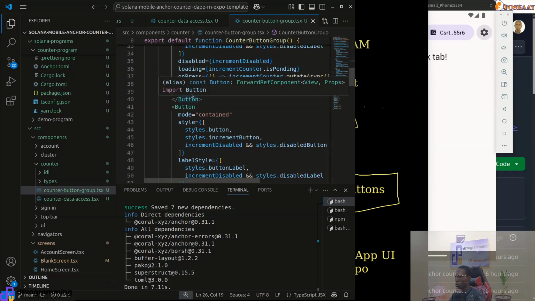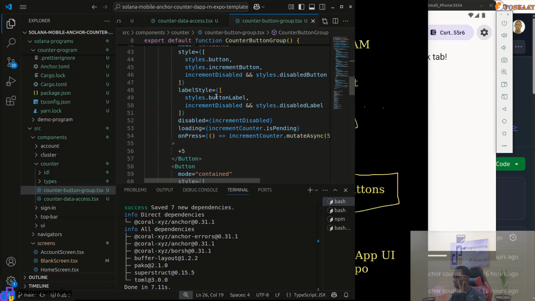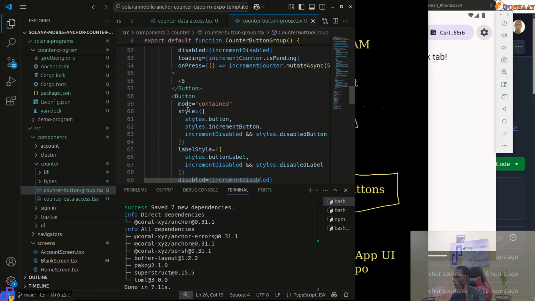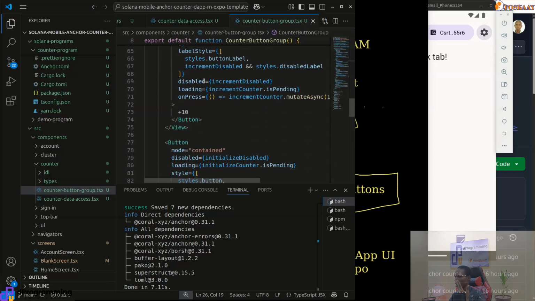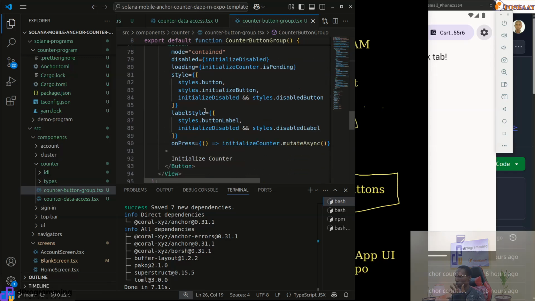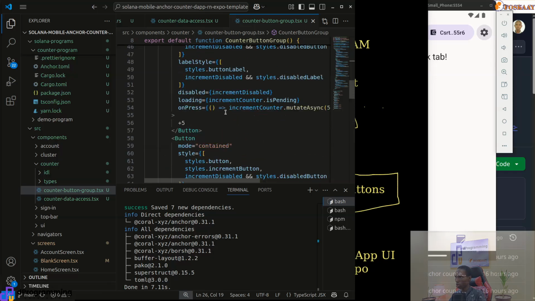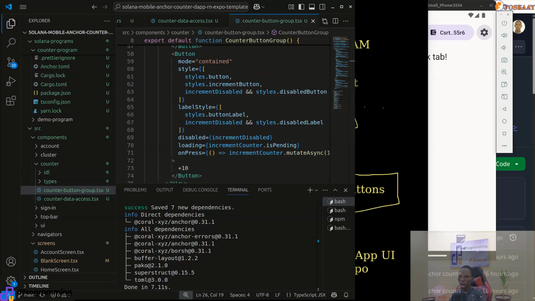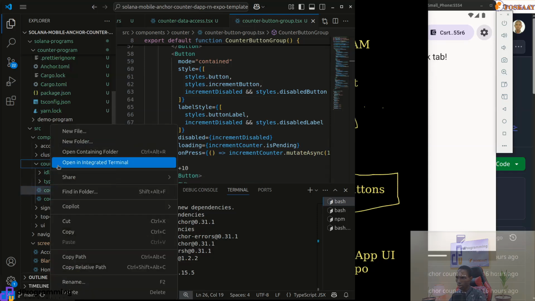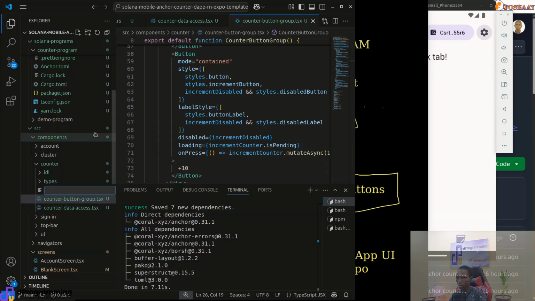Yeah, and we want to have 3 buttons, one to increment by 1, one by 5, and the other one by 10. Then we also want to have the initialize button. So all these try to make use of those things here. So another one we want to have here to add, let's create all those things first, is counter